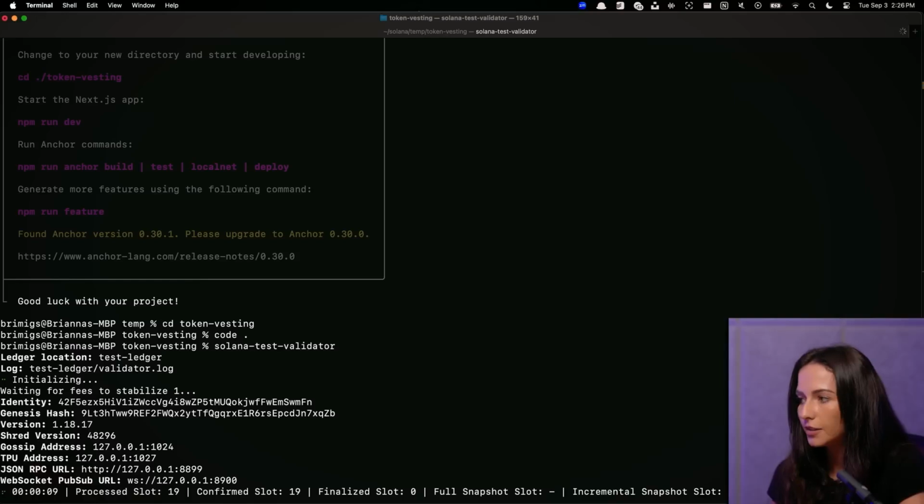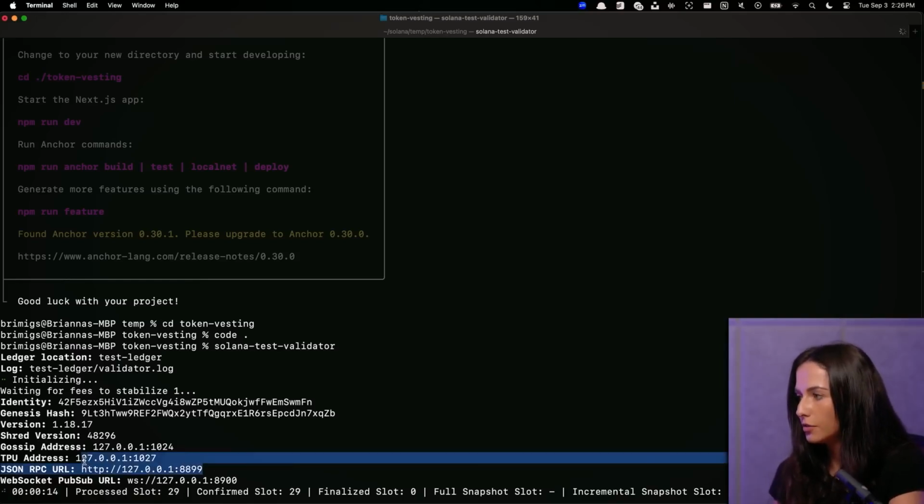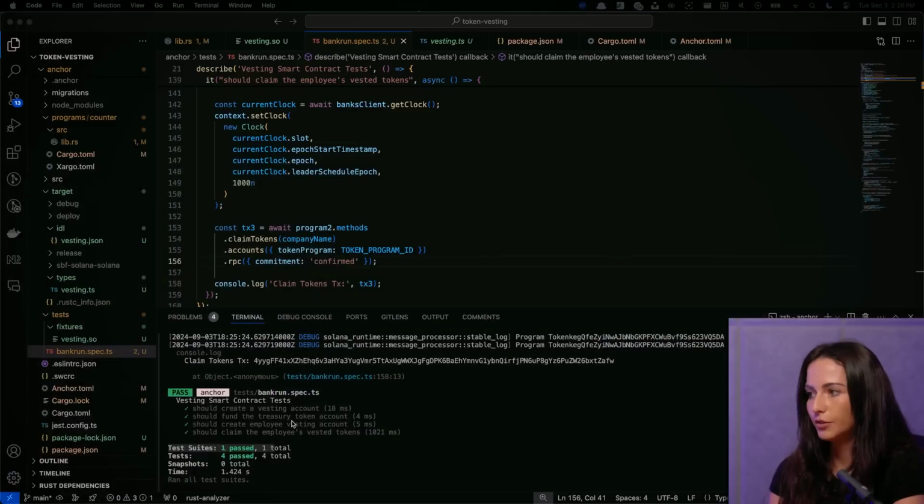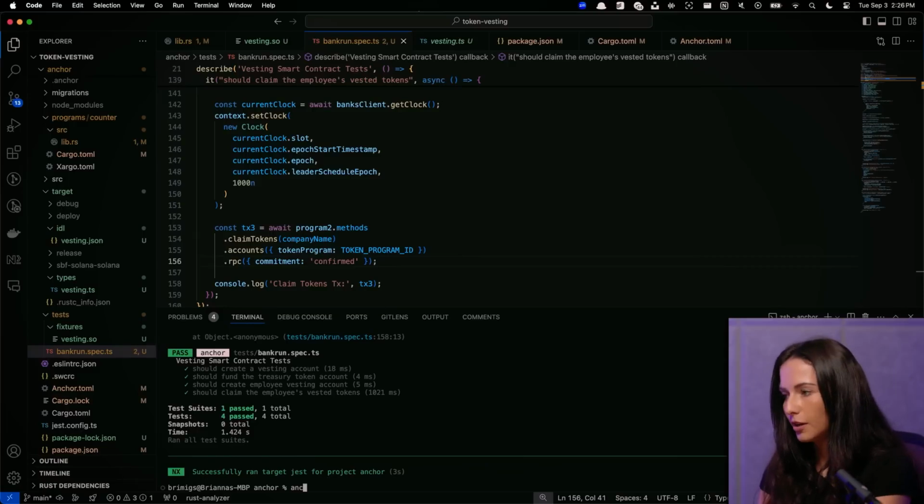So running the Solana test validator just initializes a new test ledger and then is running a local validator on your computer. Now that this is loading, you can see that it is loading to my localhost, and we're able to now use it. So once you build a program, you're able to deploy. So we can just run anchor deploy,